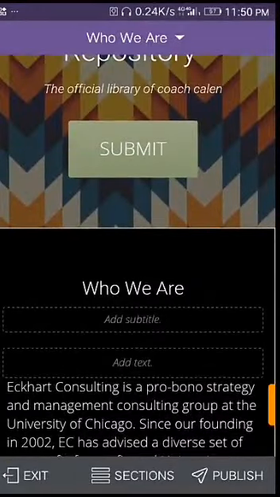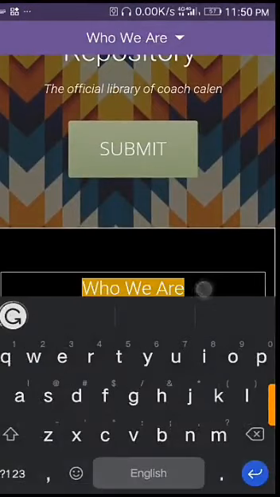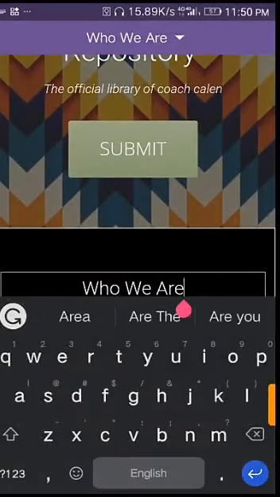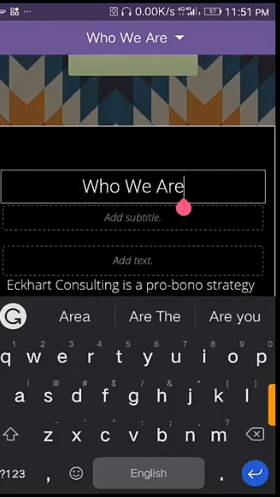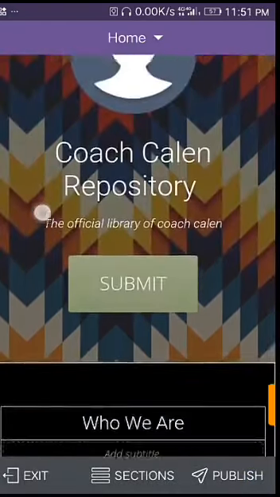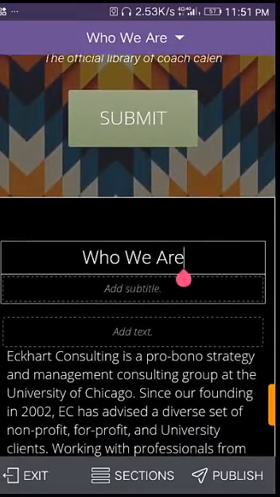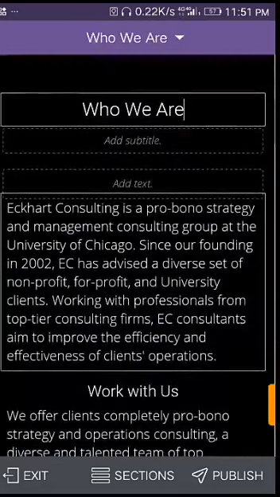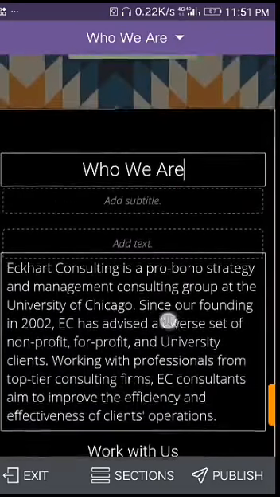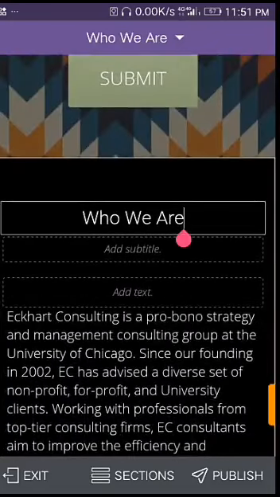The technique of using this page editor is you click and you edit. You click and you edit. So it's just a click and edit technique. It doesn't have to stress you. You just have to click and make a change. So here I'm going to say